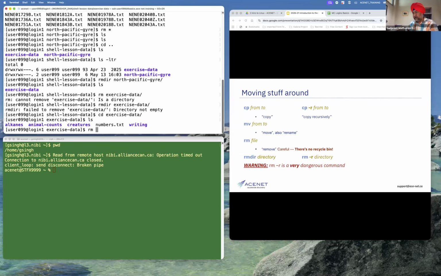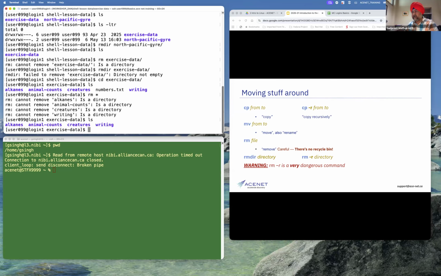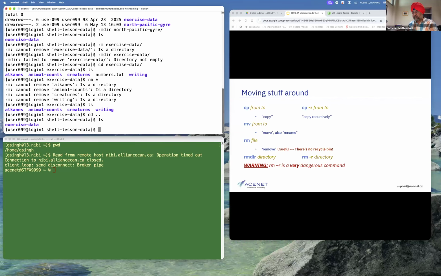If I do rm star here now, what will this do? This is not going to delete the directories, but it is going to delete the file numbers.txt. Let me go back one step.